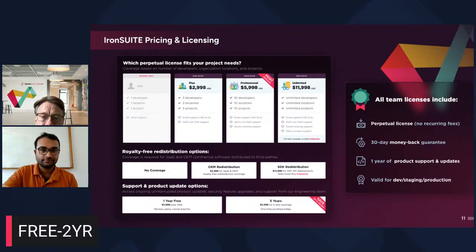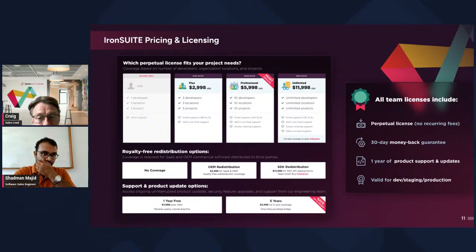Okay, so we've talked about the single product, the IronBarcode. Now, if we move on to the next slide, which is the suite of products. We also offer the suite, which is basically the same model, except you get all 10 libraries for the price of just 2. So it's double the price. We don't offer the Lite option for the suite. So you start off with the Plus, which gives you the flexibility for 3 developers, for $2,998. You go on to the Professional, which is 10 developers, locations, and projects for $5,998, or the Unlimited,